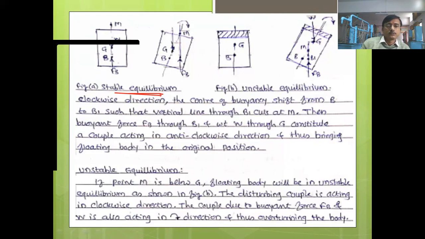See, some students put their answers in the chat window. Stable equilibrium, M is above Z. Unstable equilibrium, M is below Z. Yuvraj Deshmukh, correct. But you should give this answer by unmuting yourself. This will increase your confidence of talking in public. M is above G in stable equilibrium and M is below G in unstable equilibrium. Correct. See how nice it looks when you speak instead of putting your answers in the chat box. Anyone else?